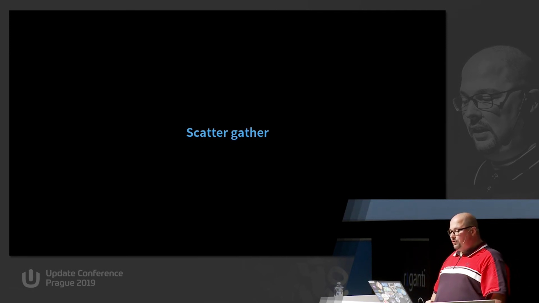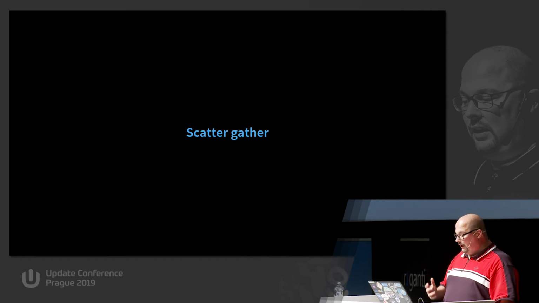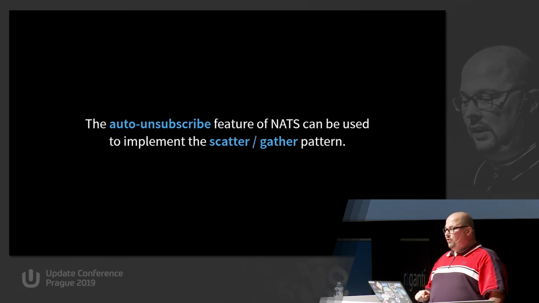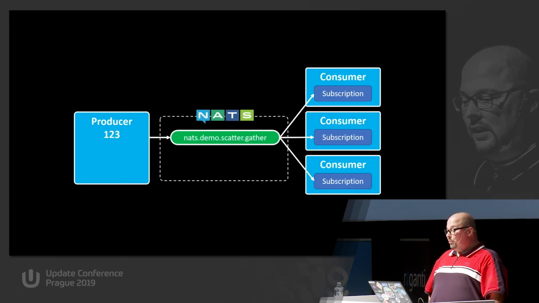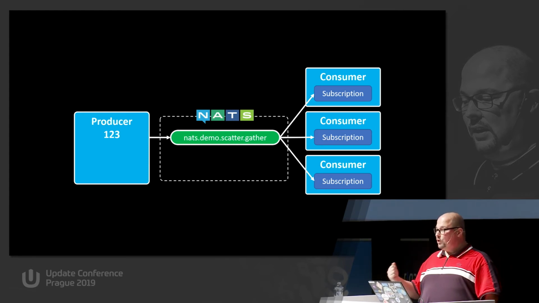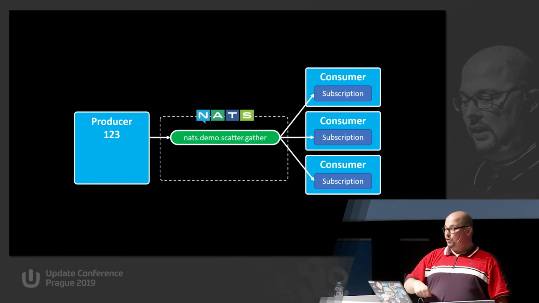And then the last pattern that you can build with this is scatter-gather. I really like this pattern, it's really useful. What you can do is use the auto-subscribe feature that I showed before, where you disconnect from the subject after X number of messages, and you can implement this pattern. This is what it looks like. I have a producer, and I want one of the consumers that are listening to the subject nats.demo.scattergather to send me a response back. And it would be nice if that is the fastest one, so it's the one with the lowest CPU consumption or whatever. But the first one that responds to me, I want to have that result,